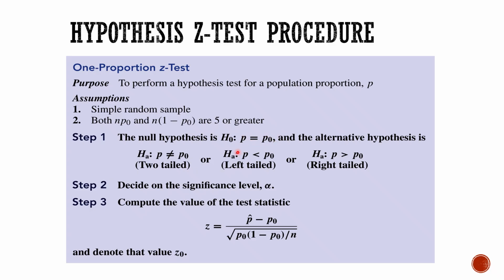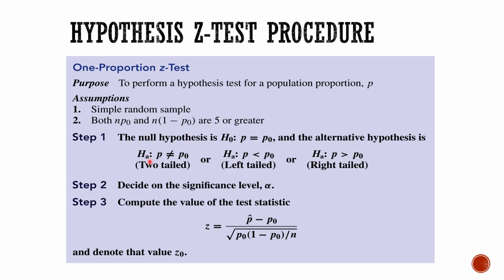So for stating any hypothesis, we should always use the population parameters. So it should be P, and do not use P hat, all right? Because that implies sample proportion. So P for population proportion equals, the null hypothesis should always have an equal sign in its statement, is equal to P sub 0, whatever the population proportion is stated to be, and the alternative hypothesis denoted by H sub